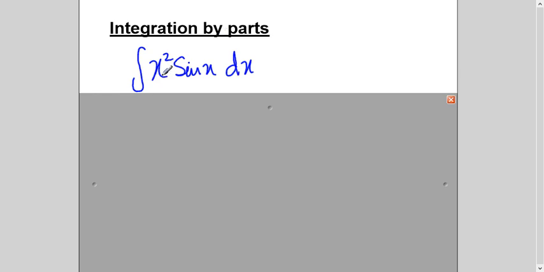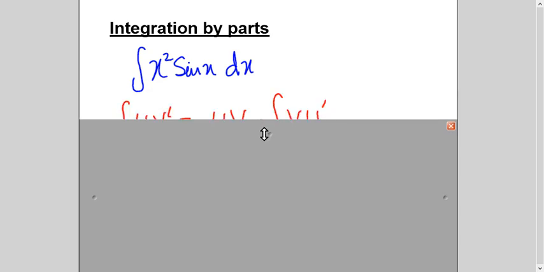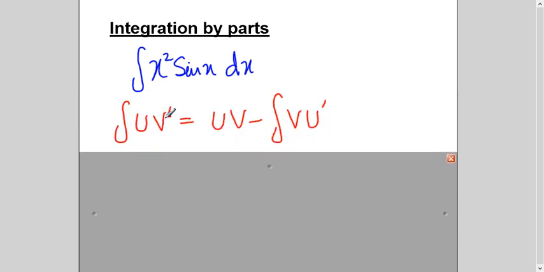Here, one function will be taken as u and one function will be taken as v prime. What do we mean by this? We will see in the solved example after this. Right now, I'm just telling you the formula. One of them will be called u and the other one will be called v prime. Now, this whole integration is equal to this. So u we will substitute here, v will substitute here. But we don't have v here. How will we get v? The function which is v prime, we will integrate it to get v. And the function which is u, we will differentiate it to get u prime and plug in here.